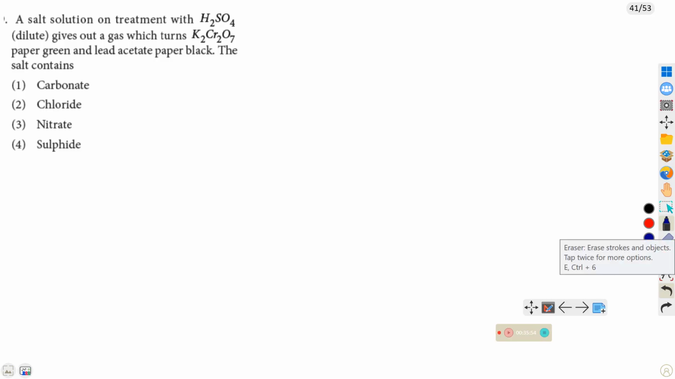A salt solution on treatment with H2SO4 gives out a gas which turns K2Cr2O7 paper green and lead acetate paper black. The black color indicates sulfide. The salt contains sulfide. Sulfides give which gas? H2S gas,